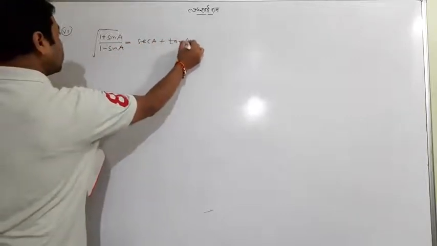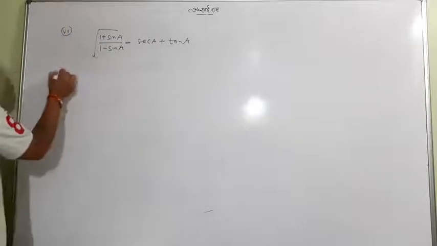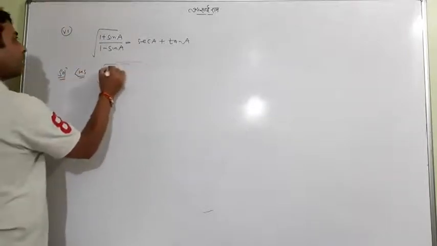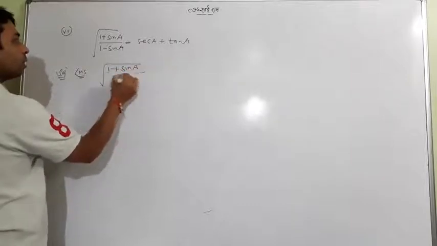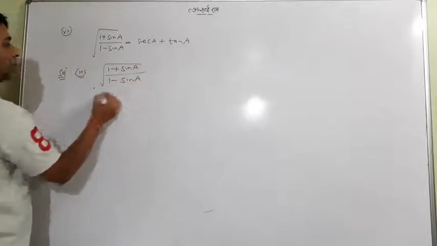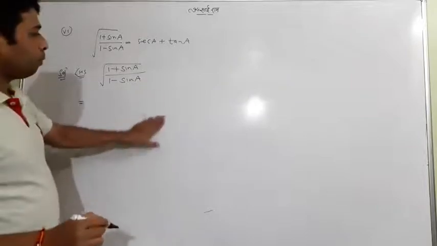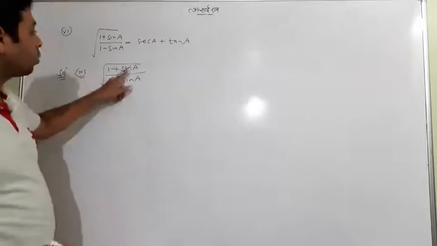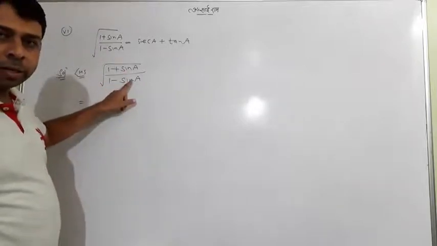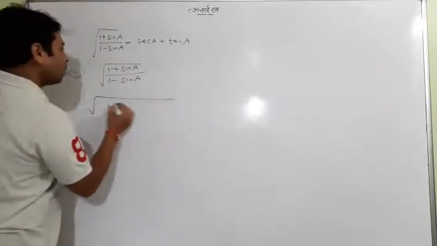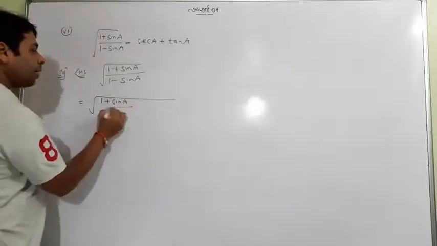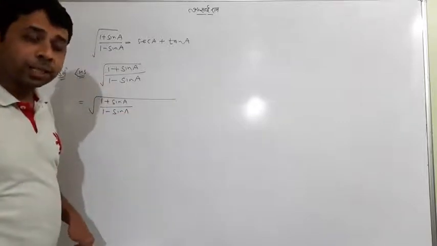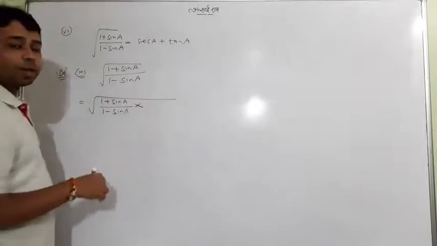Look at the question, very easy again. So we do it in a quick manner. Solution: LHS we used to take, I write LHS again. So the very first step, which is my favorite step, is that we try to convert all the terms into sine and cos, which already sine is here. So what next comes to the mind? Because the term is under a square root, we rationalize the denominator.